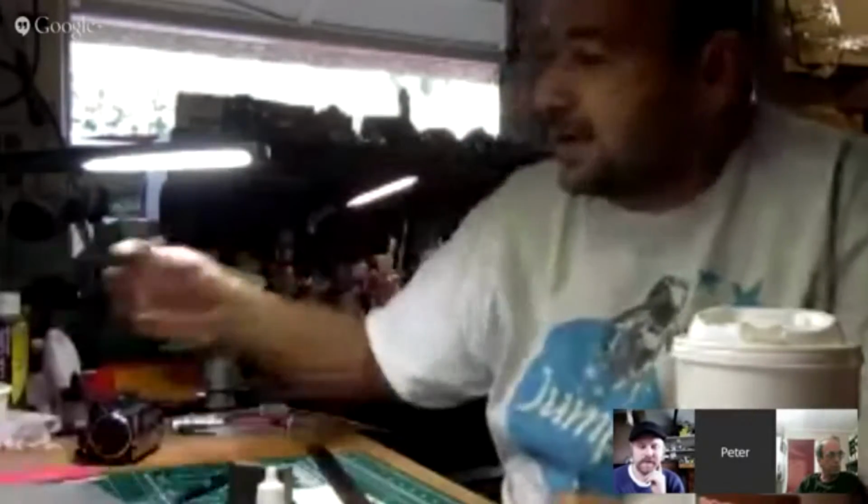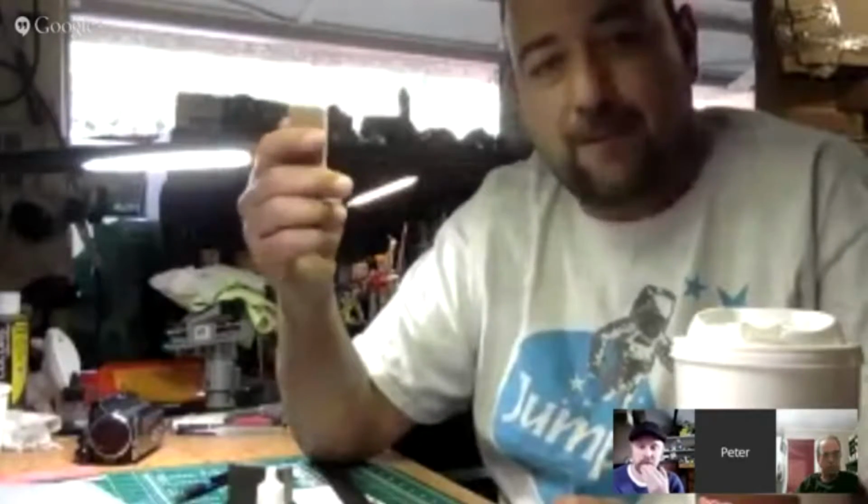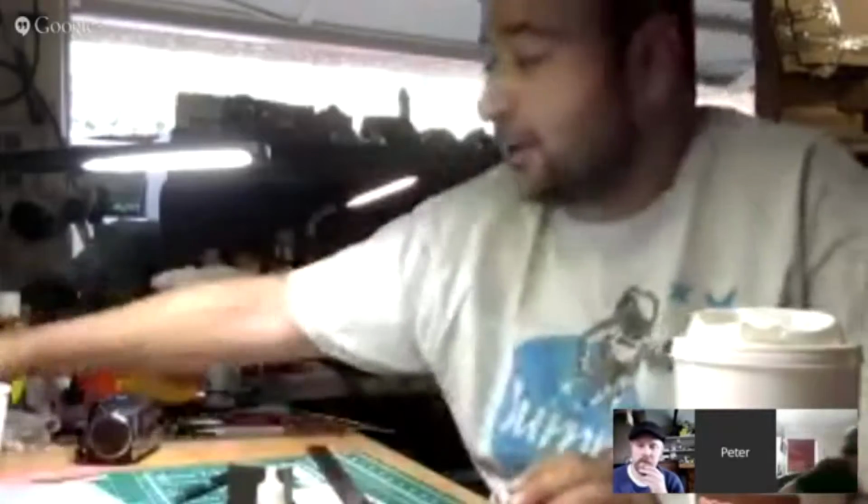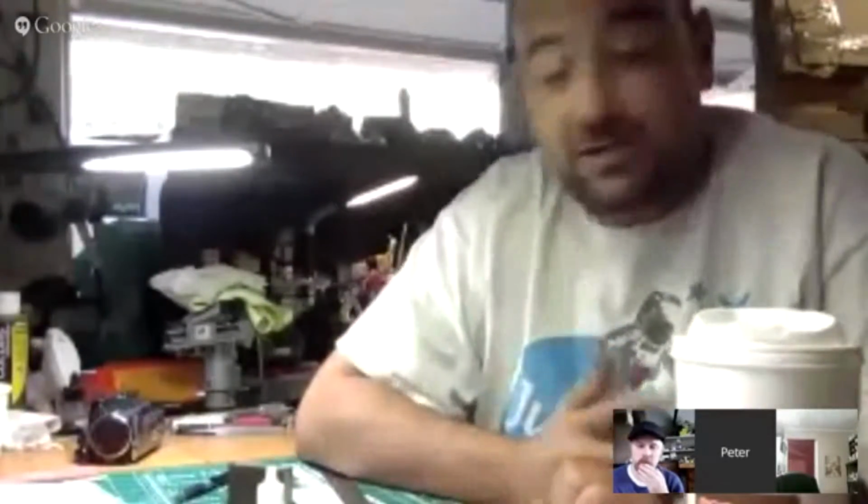What I did is I let it dry, and then I used a very fine sanding board, something like this, but very, very fine, almost like paper. I lightly went over the top to reveal the facings, and I got a pretty good effect, and it gave it some texture. It was new ground for me, and I liked what I saw. So when you put the emery paper over the brick, you really didn't hit it hard or long enough to take off the paint you put on the brick, just to get off the